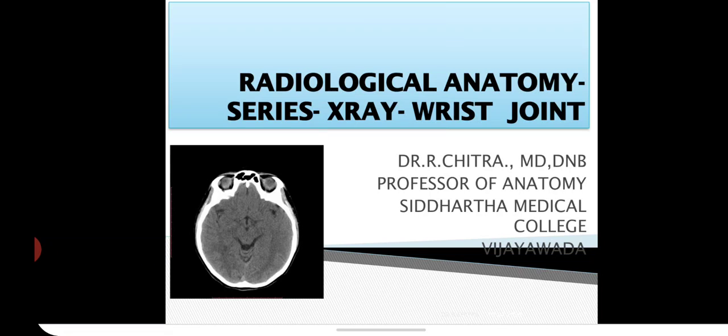You know the wrist joint is the synovial joint between the distal end of the radius and the articular disc overlying the distal end of the ulna, and the proximal row of the carpal bones. They are scaphoid, lunate and triquetrum. Together, these articular surfaces of the carpals form an oval shape with a convex contour which articulates with the corresponding concave surface of the radius and articular disc. So we should know the articular surfaces of any joint to see the X-ray of the joint. So now we will see the X-ray of the wrist joint.